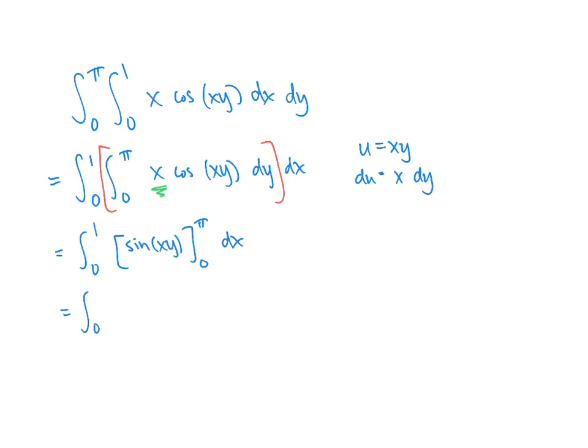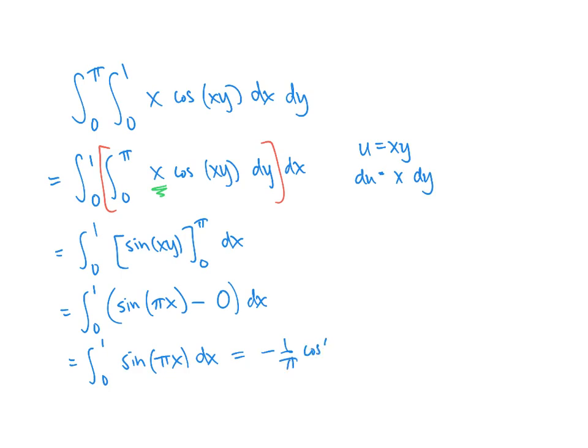Plug in pi, plug in 0, I get sine of pi x, and then sine of 0 is just 0. So this is just the antiderivative of sine of pi x with respect to x. And then when I take the antiderivative, I get negative 1 over pi cosine of pi x, evaluated from 0